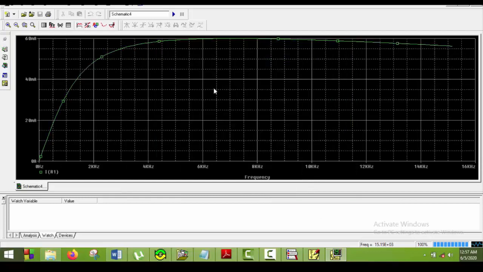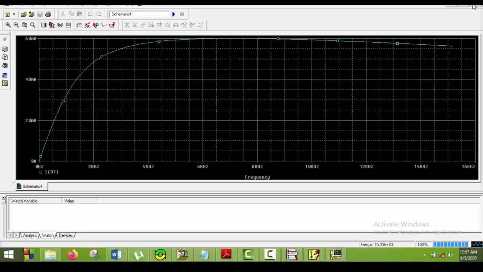Now what's the specialty of a linear plot? Here between these main lines, if we see the difference, there is a 2k Hz frequency difference. Even in the next two lines there is a 2k Hz frequency difference. So the frequency difference between these main lines is uniform. So this is the specialty of a linear plot.